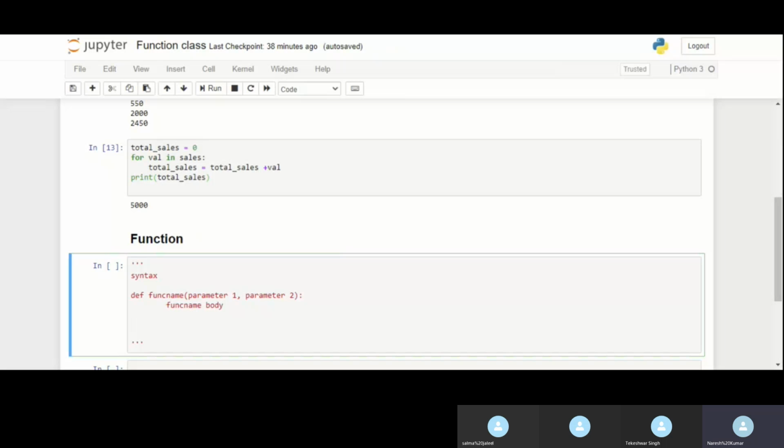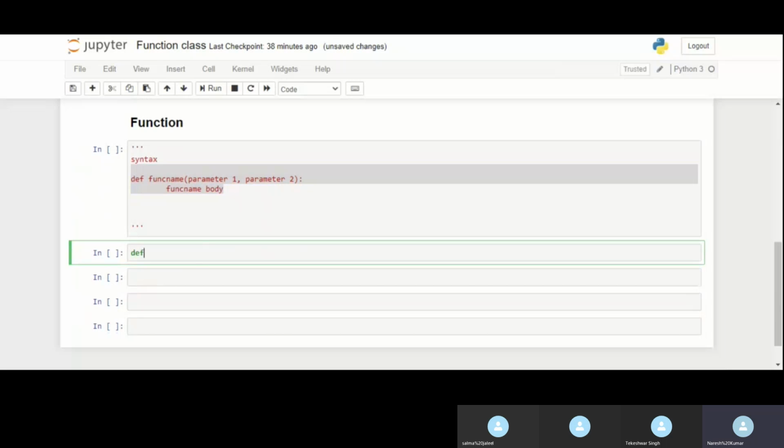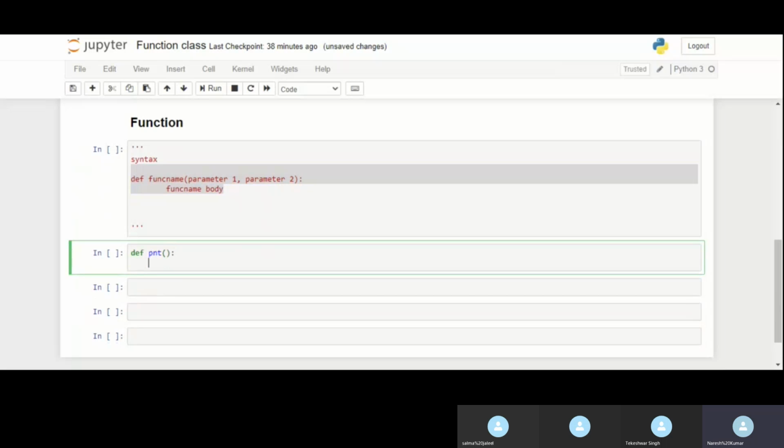So basically, this is the syntax of how we define the function. For example, let me write one function to print. First we have to write def, then we define the function name, and then colon, and then the function body.